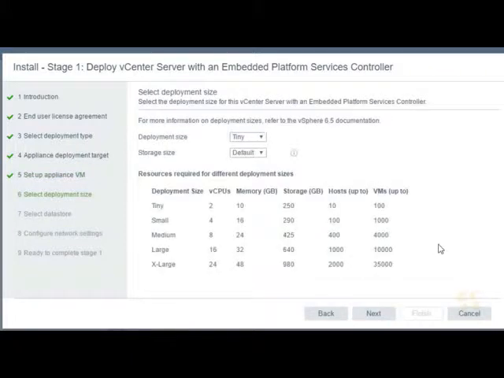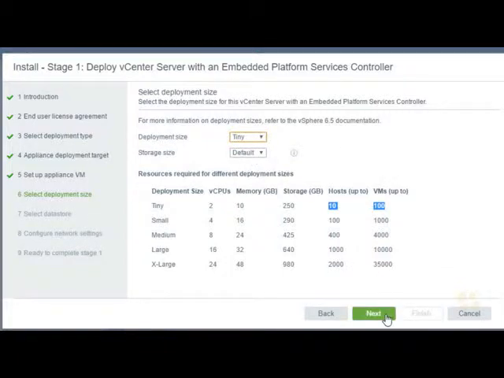Next, it's asking us about the deployment size, and this matters because if we're managing, for example, 2,000 ESXi hosts and 35,000 VMs that are running on those hosts, we're going to need a lot of resources to keep track of all that, including database size and so forth. However, if we're deploying, for example, 5 or 6 ESXi hosts, and we're going to have 50 or 60 VMs running across those ESXi hosts, we don't need to give a whole bunch of resources to the vCenter server appliance if it's not going to need them. And that's why it's asking us here about the deployment size. So for our lab, we'll say tiny, and we'll accept the default storage size based on tiny,